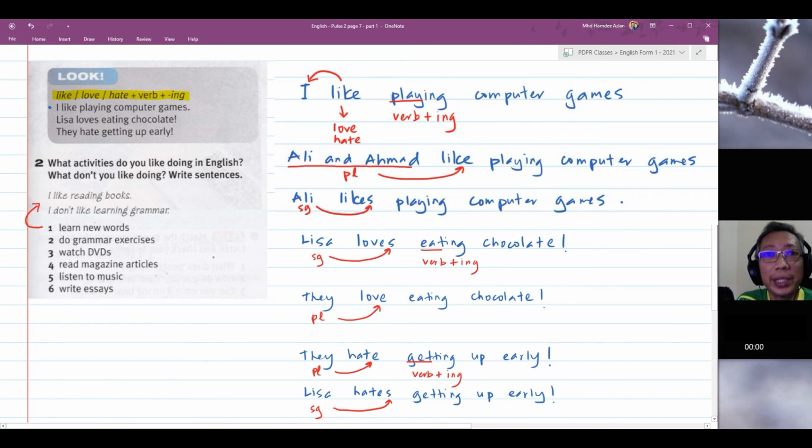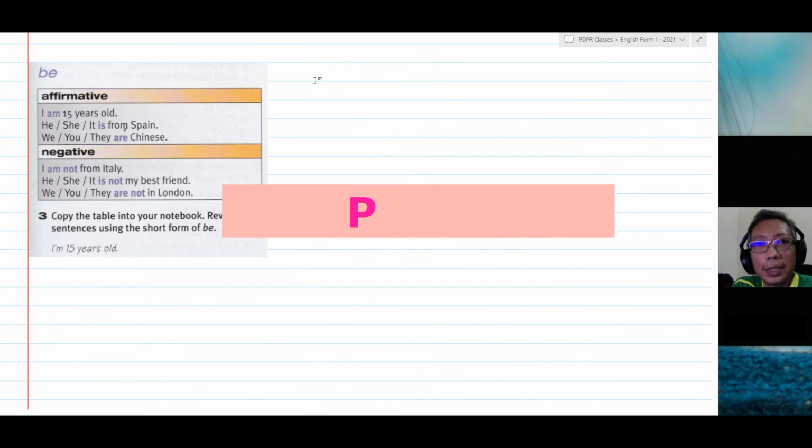Okay, this is also similar to before. It is about you. Answer based on what you like or what you don't like that is mentioned in the sentences. You can also use like, love, or hate interchangeably. Okay, please copy inside your exercise book and we'll check the answers in the next class. Okay, that is the end of part 2. Now, look at part 3.